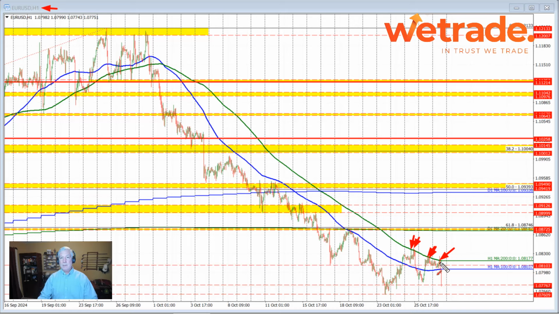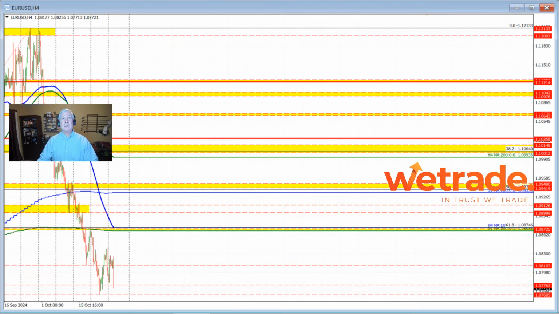But that was short-lived, and the price then rotated to the downside on the disappointment, falling below the 100-hour moving average. And we've seen that momentum continue in the U.S. session, with the sellers saying, forget about it, I'm taking control, and the buyers saying, forget about it, I don't like the upside, we keep on failing on the top side. And so the price has rotated back down. We've moved back down to the 1.0776 level, and I need to go to the 4-hour chart to show you